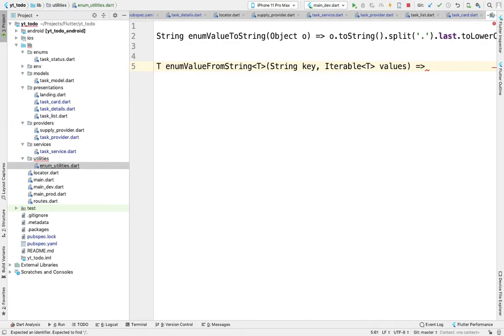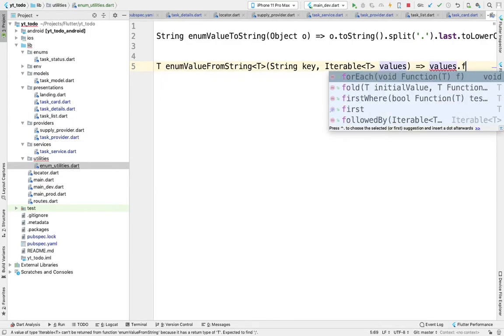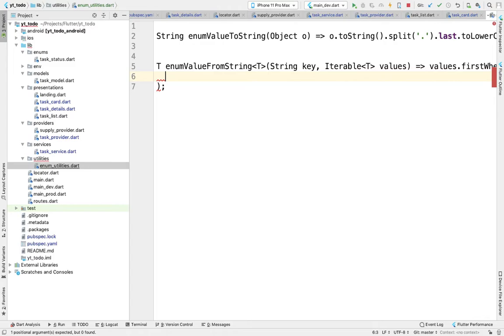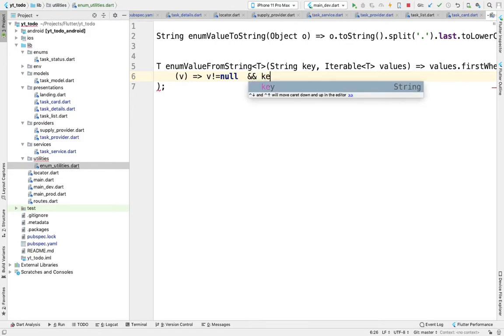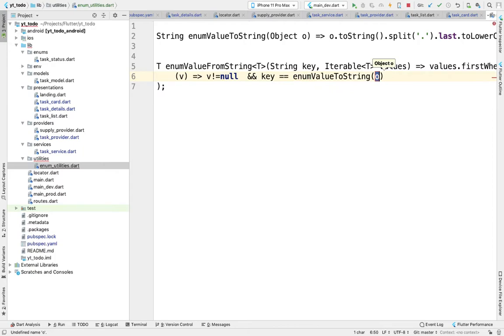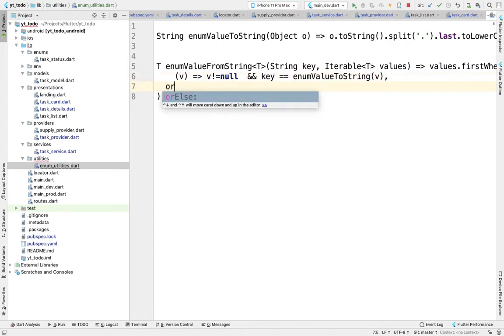So how this will work is, it will take values dot first where, and will make a function, value, if value is not equal to null and key equals enum value to string v, or else it will return null.